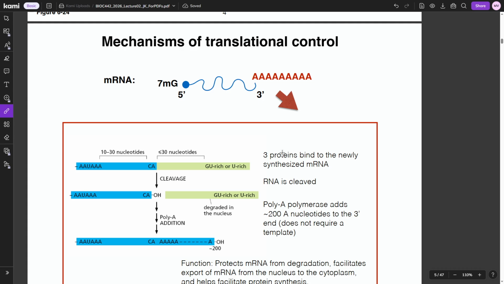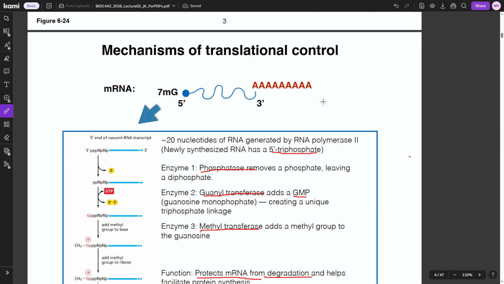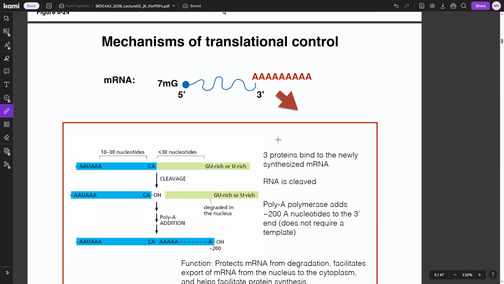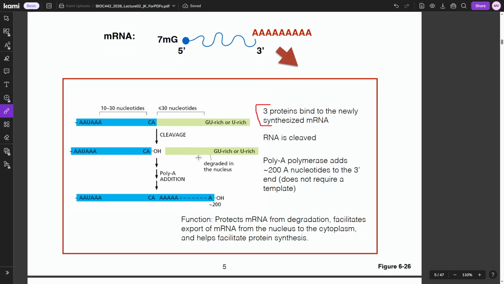So here we've got a section that's a bit interesting because I believe it's supposed to be the section talking about the poly A tail. Up here we talked about the 5' cap, but what happens here is, when you're making the poly A tail, you bind 3 proteins to this synthesized mRNA. You cleave the mRNA at this